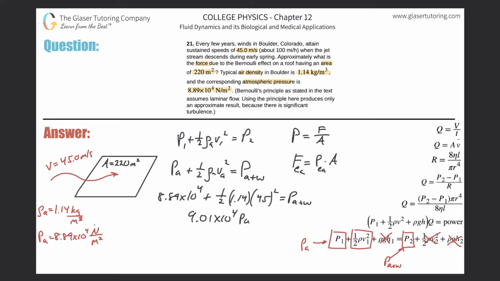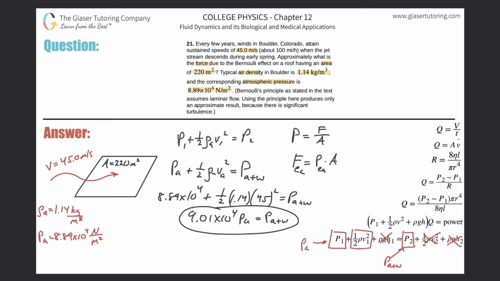And this is now in terms of Pascal. Or I could have phrased it as newtons per square meter. They are the same thing. So that's going to equal the pressure of the atmosphere plus now the pressure applied by the wind. Now, remember, in order for me to calculate the force on the roof, I need to calculate essentially just the force. And I could have actually just left this out, and that would have been probably a little easier because now I got to subtract it out. But I just wanted to do this calculation because I wanted to show you that this is essentially the